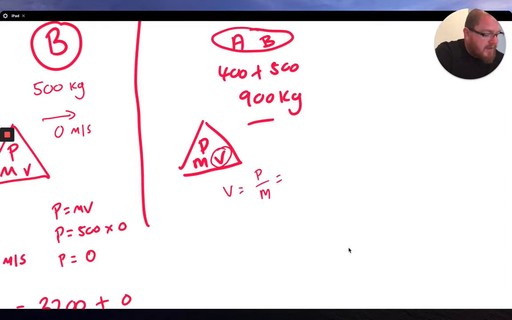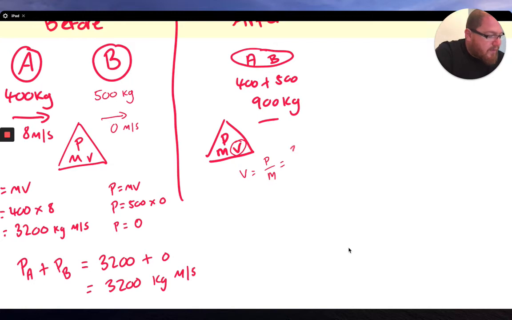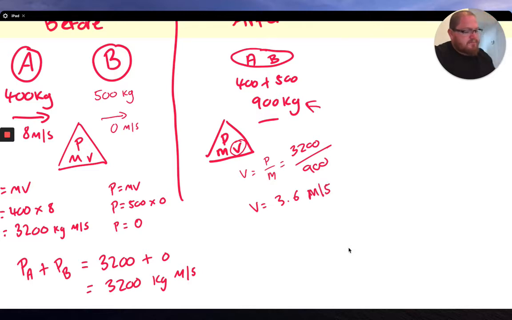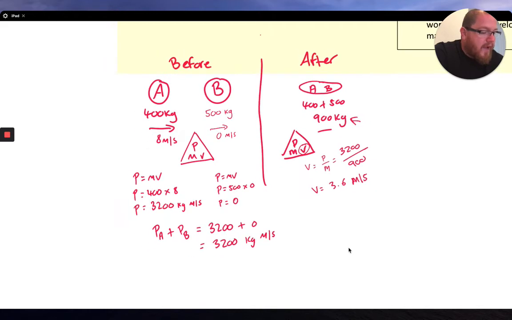So my P was 3200 over my mass, which is 900. Okay. In the calculator now, I would put that in, and it comes out to 3.6 meters per second. And that is the answer. That is the answer. Now, that is the way that WJEC